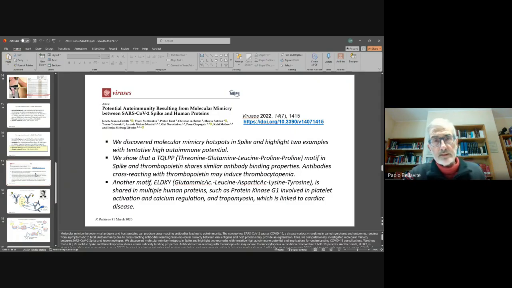In any case, you can find several papers on this possibility, but this does not explain completely the presence of autoantibodies against ACE2 and MAS1. So the next one,